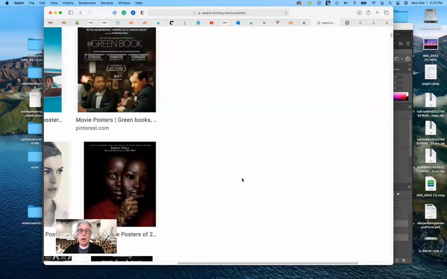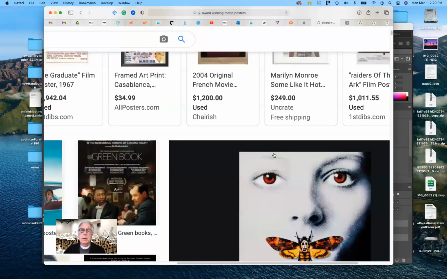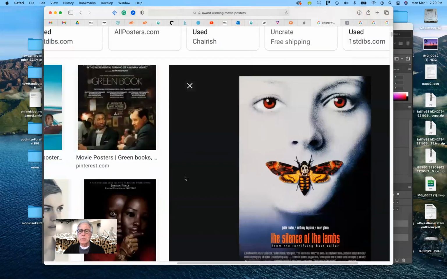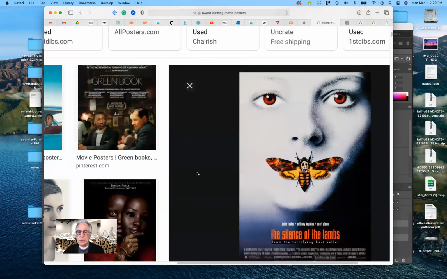Another strong one from the past: Silence of the Lambs with Jodie Foster and Anthony Hopkins. Again, I think probably the most powerful movie posters are the ones that are able to distill the movie down to a single image. And with that image, to tell a story. Because think about what a movie poster is. It really is kind of like a logo for a film.